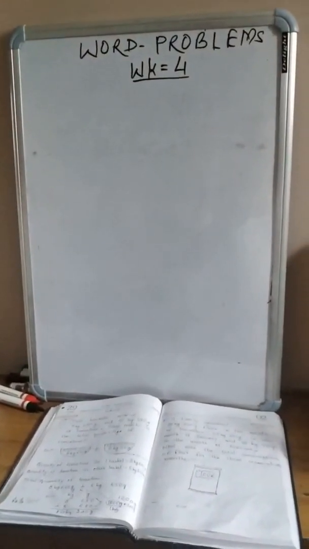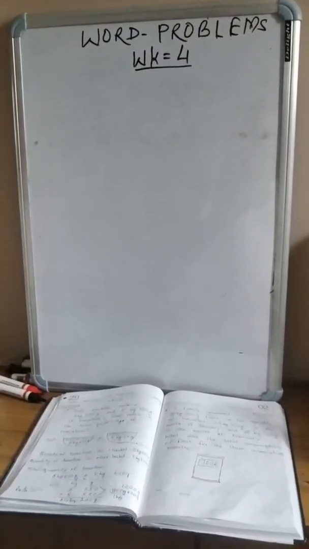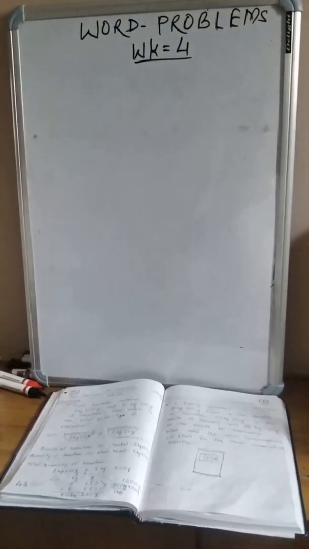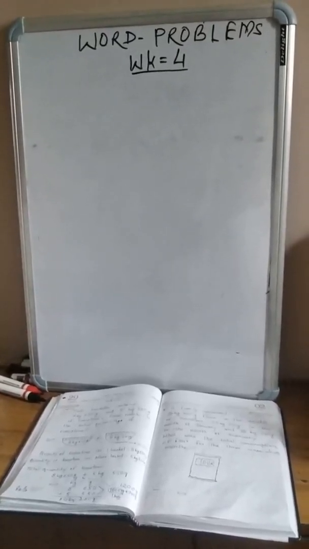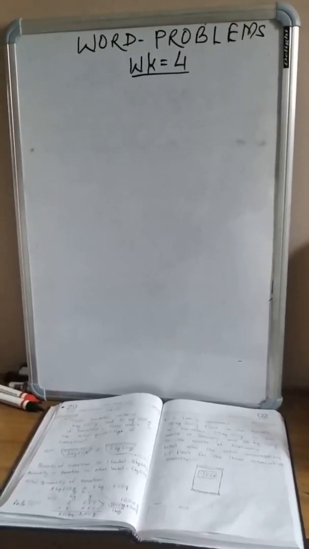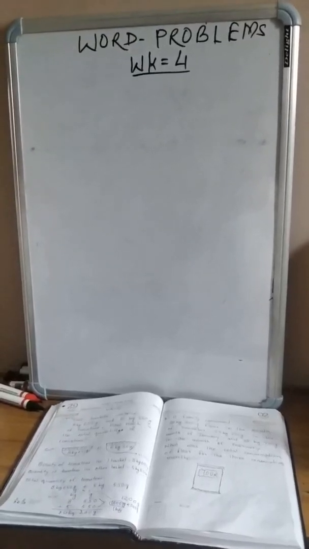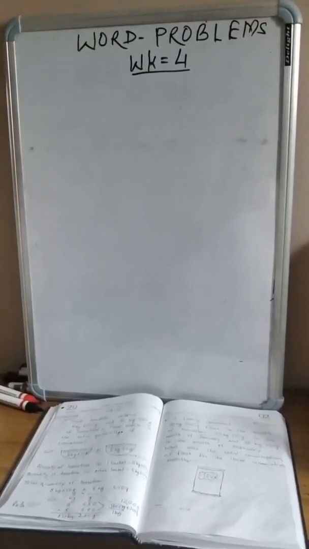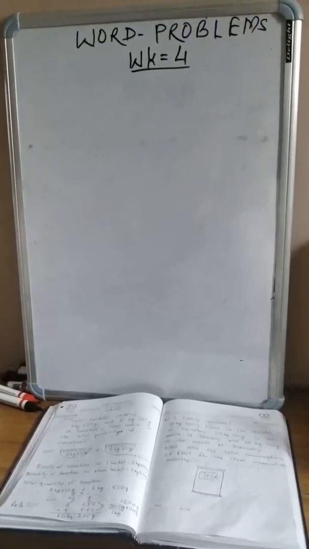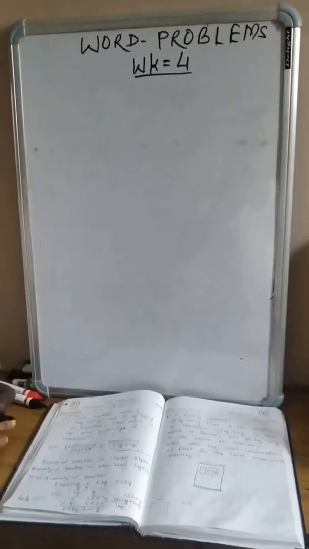So, children, today I am going to start unit number 6, weight. The name of the unit is weight, and the topic is word problems. Children, a word problem is a story. It is a story form of the question. A story is framed regarding the topic of addition and subtraction of weight, and in the form of a story the questions are asked. Questions are hidden in the story. So, today's first story is